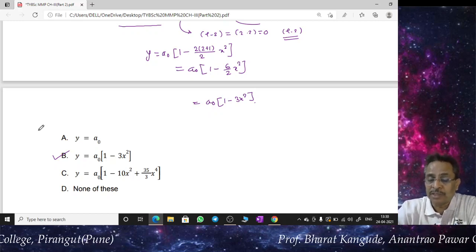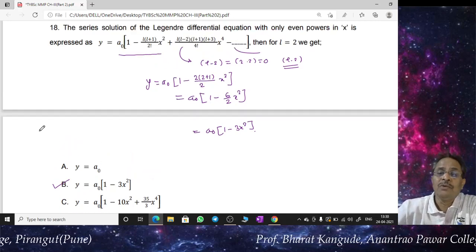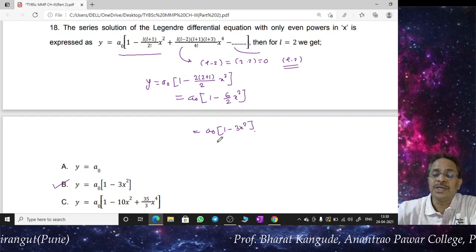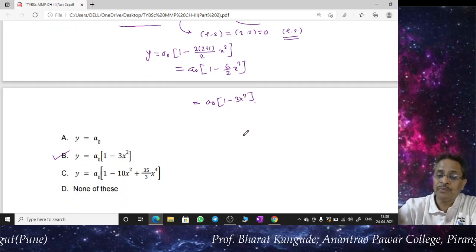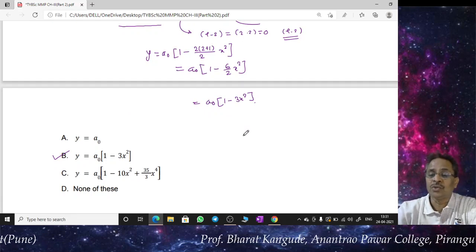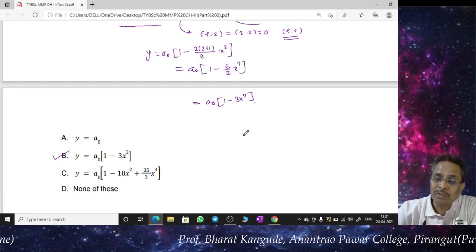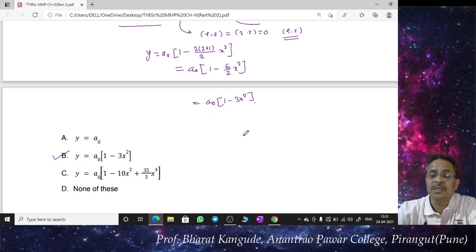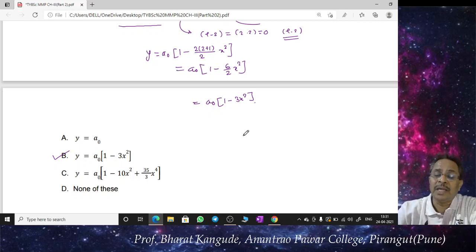That is theoretical discussion again, which we are not going to discuss here once more. So from this infinite series, I get a polynomial that is A0 times (1 minus 3x square). Actually, this is not called the Legendre polynomial yet. We have to adjust this value of A0 such that for x equal to 1, this y will be equal to 1, and accordingly this A0 is to be selected. Then rewrite this equation, and what we get is called the Legendre polynomial of degree L equal to 2.